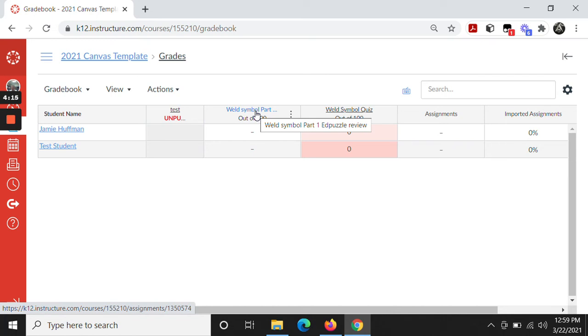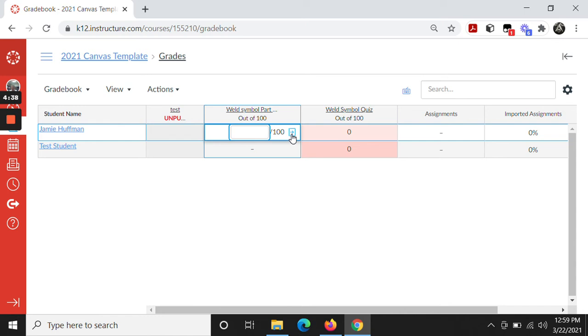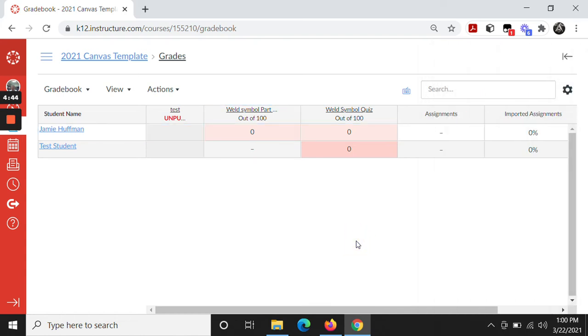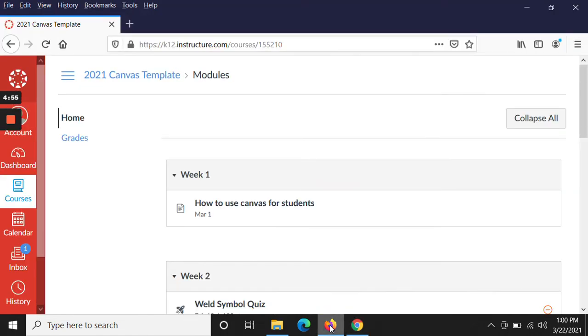This almost caused me a lot of problems the first semester. Had I not caught it, it could have created me some issues with grading. All these other assignments that I've created default to a 0 if they're missing, but the Edpuzzle doesn't unless I go to the assignment and physically mark it missing. If I physically mark it missing, then it'll default to a 0. The student sees it missing, and they also know they need to do it. So let's go back to the student view now. Since I physically marked that missing,